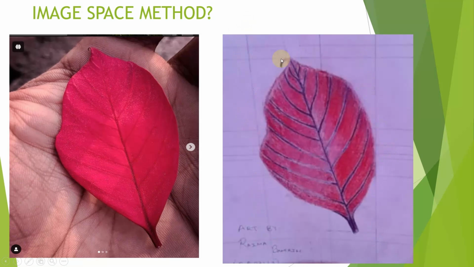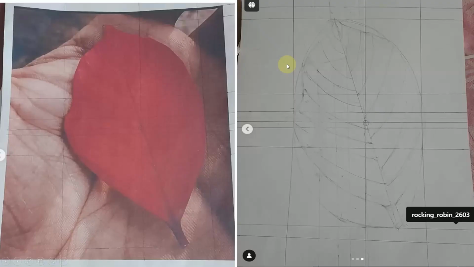These grid lines help me to place how big I have to place it on my drawing sheet. How big should be the size of the leaf and where should be the center of the leaf. Where should the veins be placed, where the leaf is dried on the tip. This slide shows the printed out image and the grid lines I drew and the marked center point. It's more visible on my drawing sheet. This overall whole oval helped me to produce the similar shape and size of the leaf.